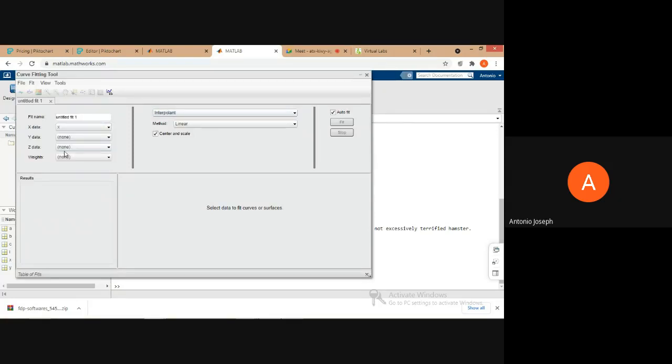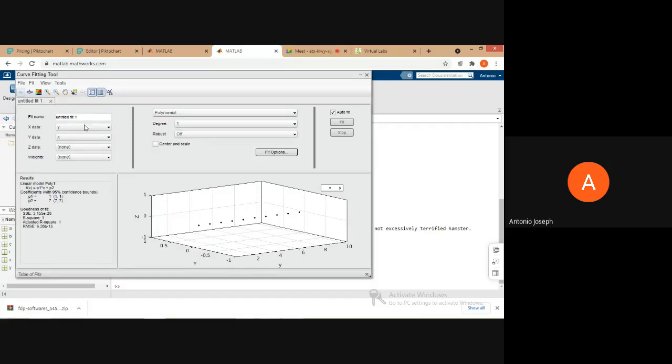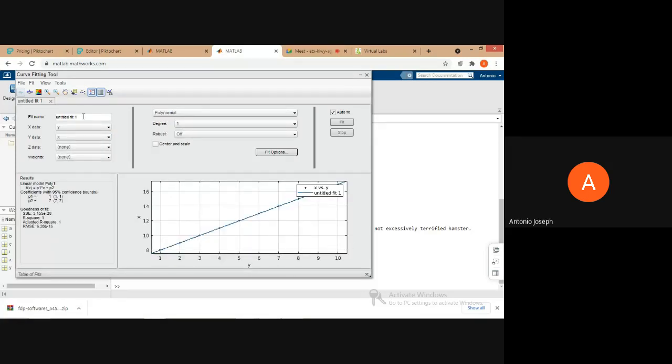So x data can be 1 to 10 with an increment of 1. Then y data can be x. So it's a linear sort of thing, isn't it?